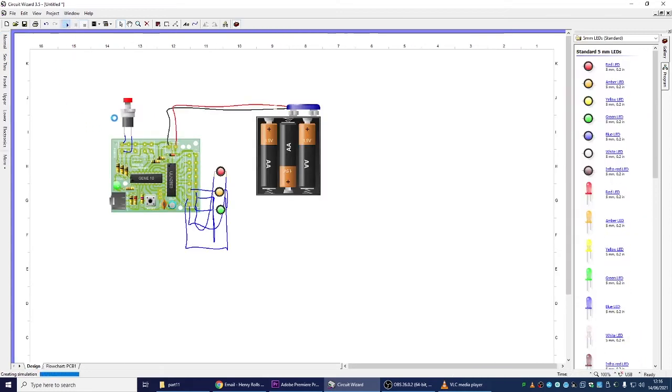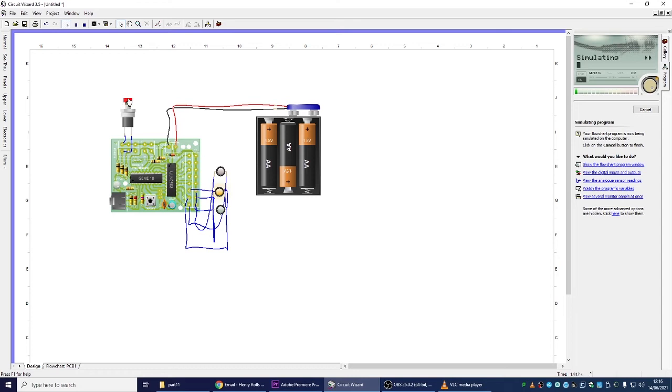When I press play, we've got a random number. It comes off after a second, but it doesn't come off because we haven't told it to come off for a second. Okay, when I do that,